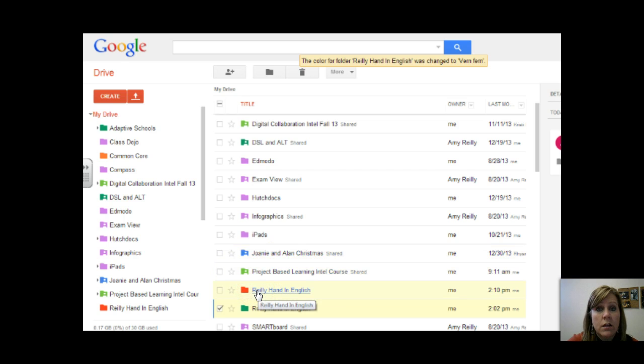As you move up in your grades, it might really make some sense to have all of one grade one color. For instance, if you start with Hutchdocs in third grade, all of third grade can be yellow. All of fourth grade can be green. However you choose to be organized is completely up to you. If you're somebody who would rather have a rainbow of colors every single year, you go for it, whatever it is that you want to do. But at least that gave you some practice on how to right-click on your Mac,